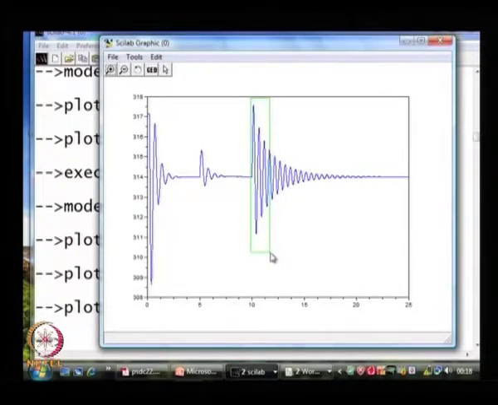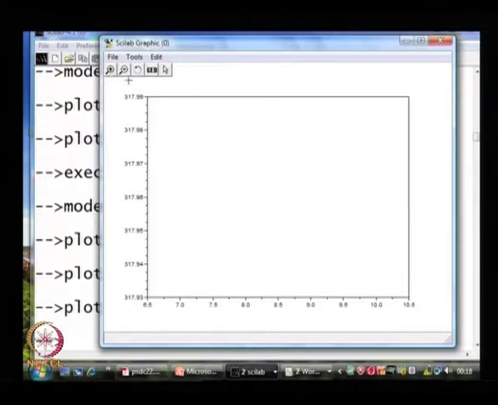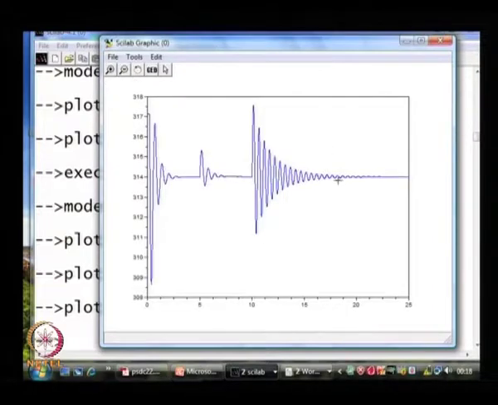For example, the frequency of the swings, we will just get this back here. If you look at the frequency of swings around this equilibrium point,